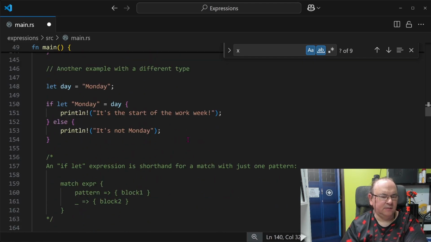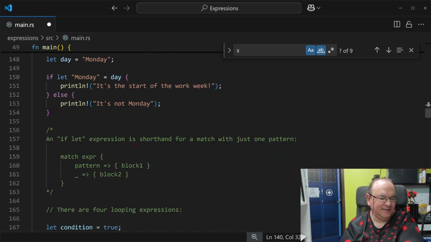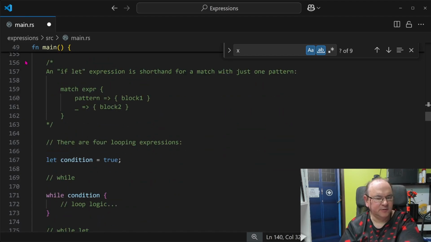And then we have a slightly different example with a different type. So we say today is Monday, and if let Monday = day, then we say it's the starting of the working week. Otherwise, it's not Monday. And then this might actually make more sense, like I added the more